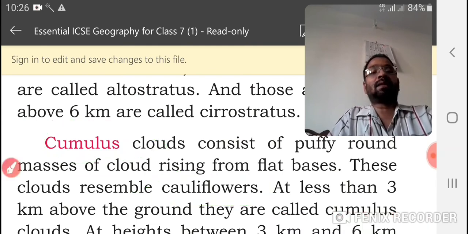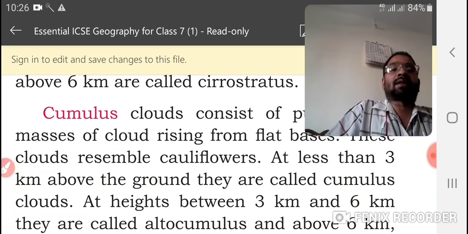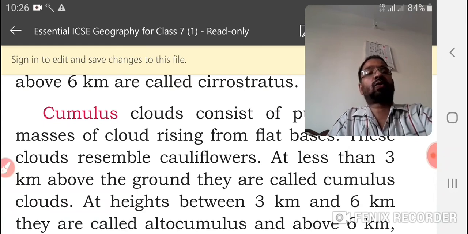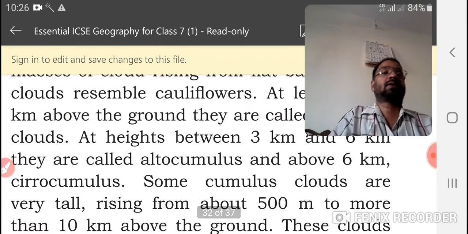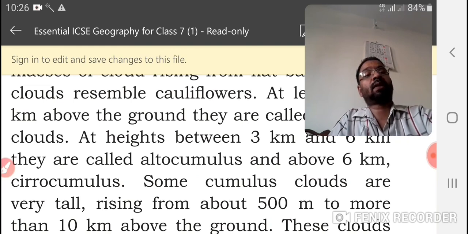At less than 3 kilometers above the ground, they are called cumulus clouds. At heights between 3 kilometers and 6 kilometers, they are called altocumulus, and above 6 kilometers, cirrocumulus.